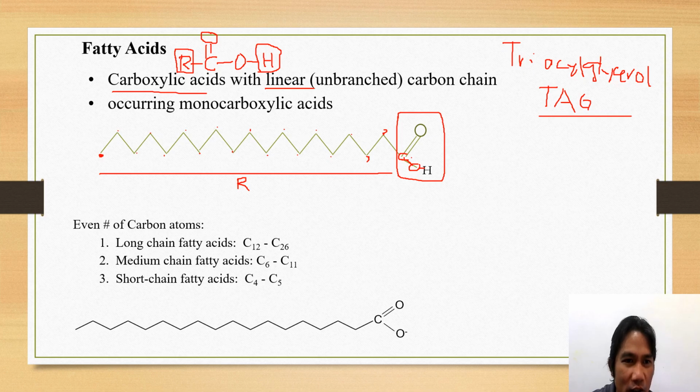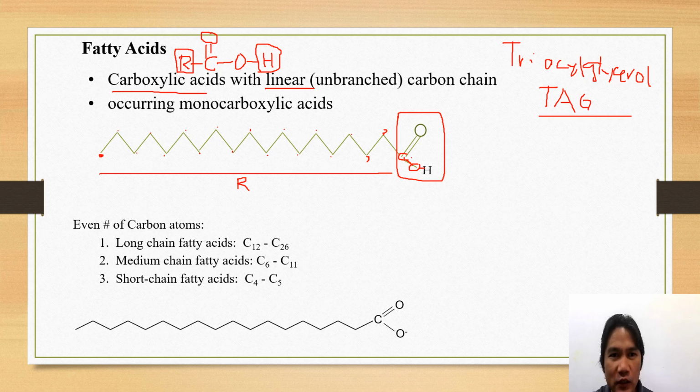Okay, 19. I should erase one. Oops, I cannot erase. But anyway, there must be 18. In some cases, there are odd number carboxylic acids. So anyway,